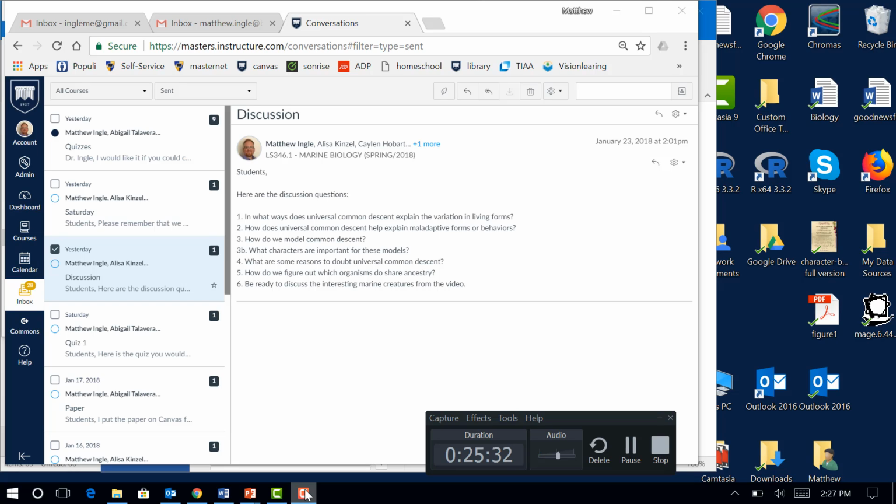Okay. So what characters are important for these models? When we're building these trees, what are some important characters to use to figure out which groups are more closely related than others? Rather than taxonomy, use specific features, but limit it to one difference between the two. I mean, if you wanted to get it down to that, to where there's only one difference between one branch and another, usually that wouldn't be the case, you'd have multiple differences. But I'm just looking at, what are some important characters to use?